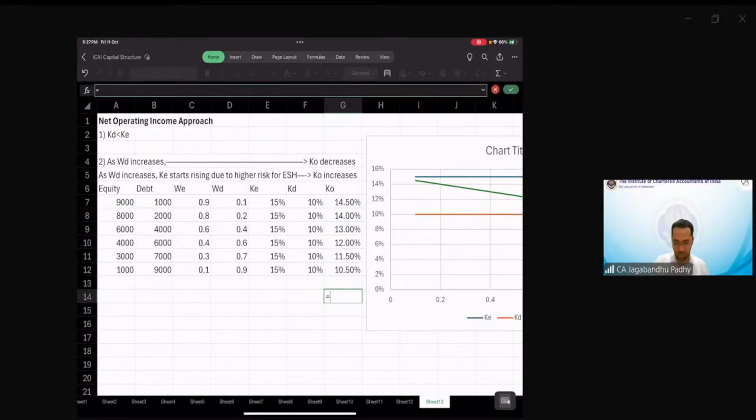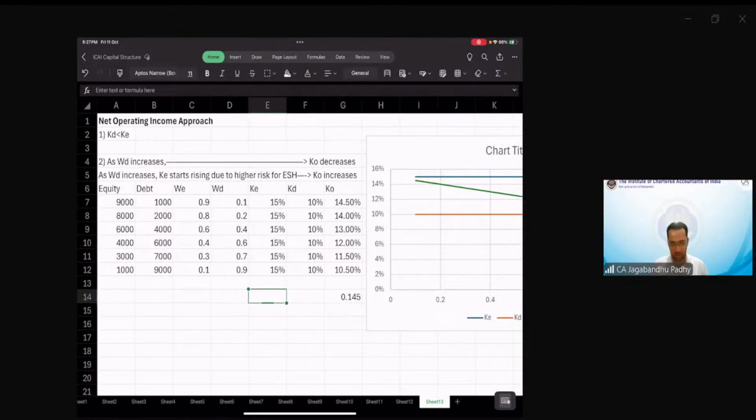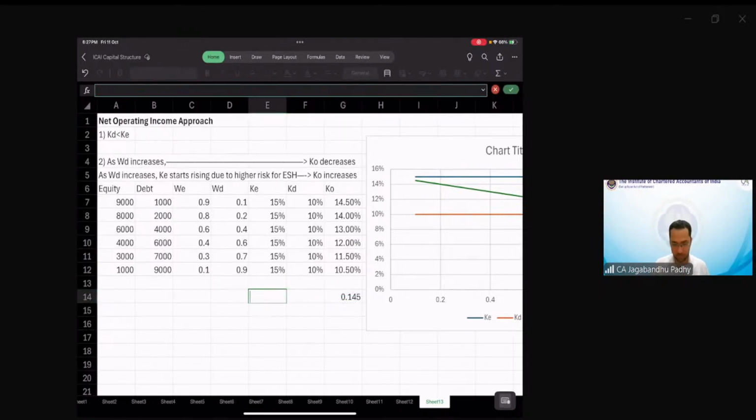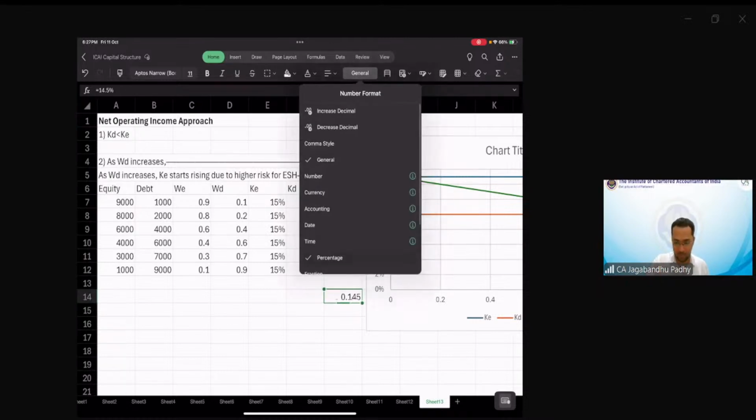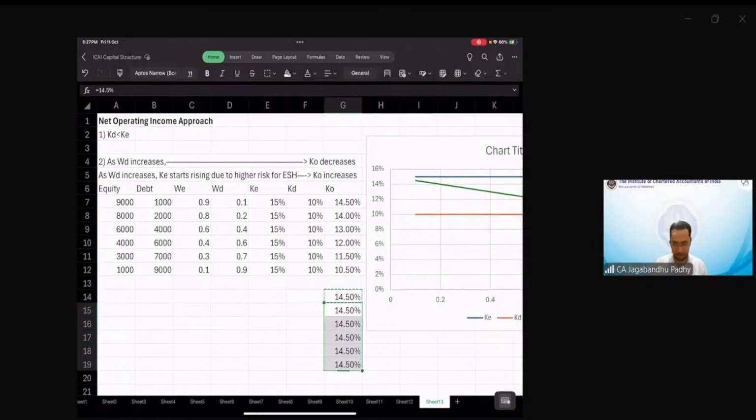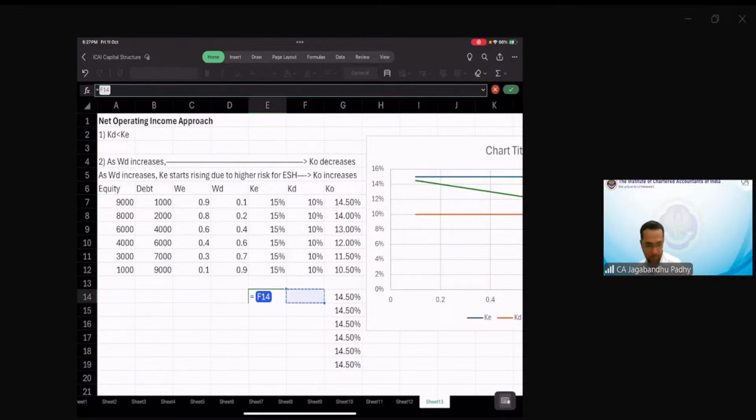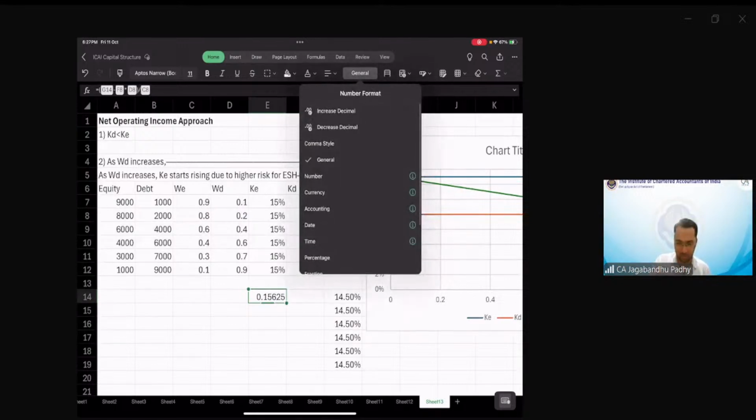So it's going to be 14.5%, and the cost of equity will be 14.5% minus cost of debt multiplied with weightage of debt, and then this whole thing is divided by, let's say, weightage of equity. Yeah, this should give us,